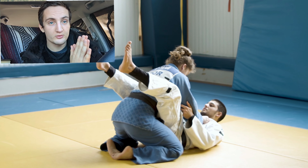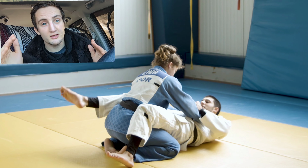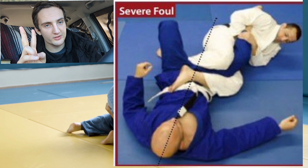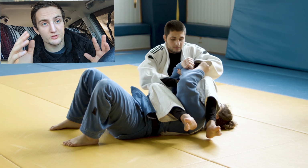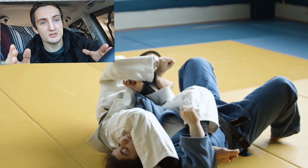You are allowed to do a straight ankle lock. You can do this whether you're wearing the gi or not. Importantly, you should not reap the knee. There's two reasons for this. One is the supposed reason why the rule was created was to protect people's legs from getting weirdly twisted by